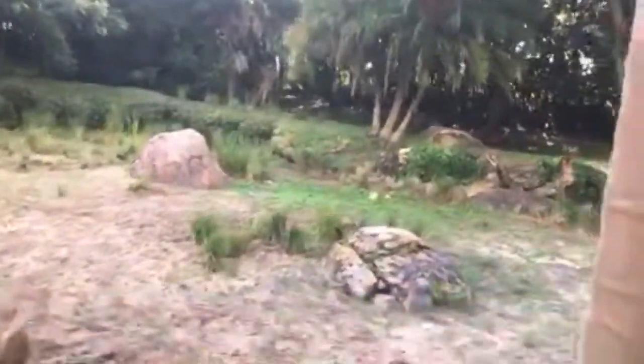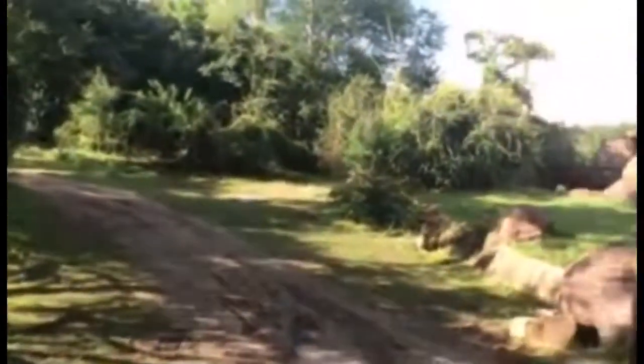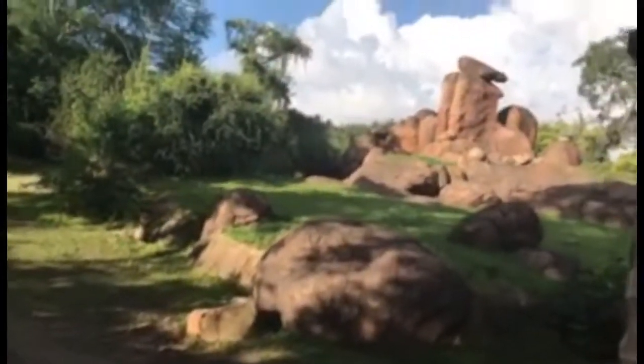Y'all seeing anything yet? See a human. See a warden up there. Not seeing too much else though. But I do see a kopje formation. That's this rocky area right up here. Does anyone know what kopje formations are famous for? Lions, you're right. So let's swing around the kopje formation, see if we might be able to find a lion